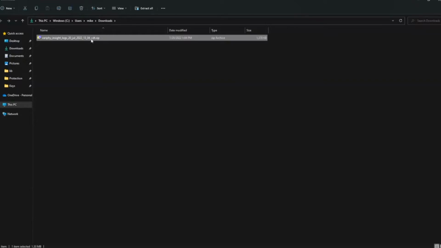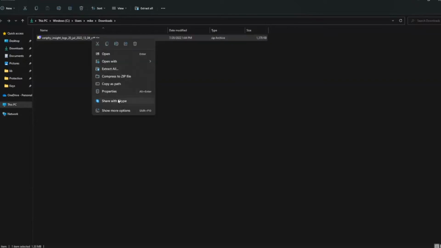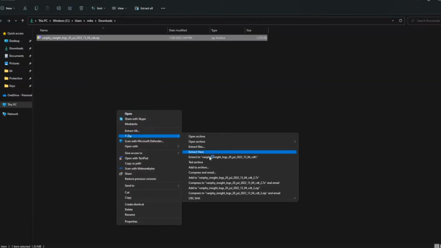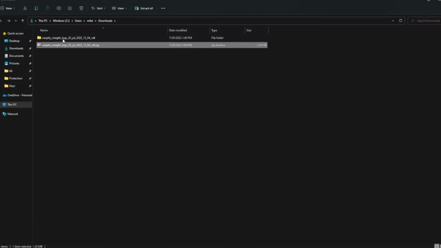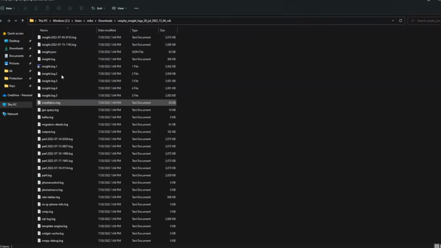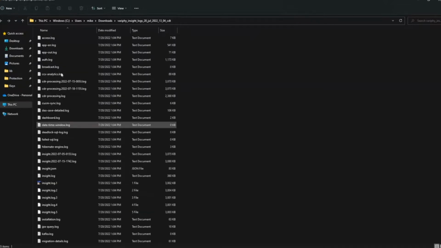To open this, just right click and unzip it like you would any other zip file. And now I've got a copy of all the log files. You can see there's numbers, there's date stamps. I'll go through everything briefly, and then we'll jump into some of the more important ones, because not all these logs are used all the time when troubleshooting. So, a quick overview.